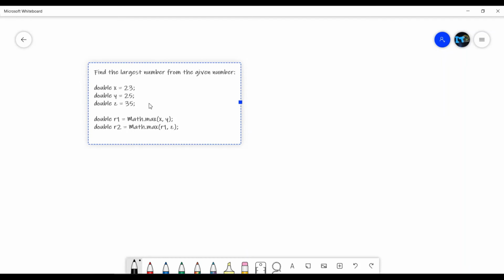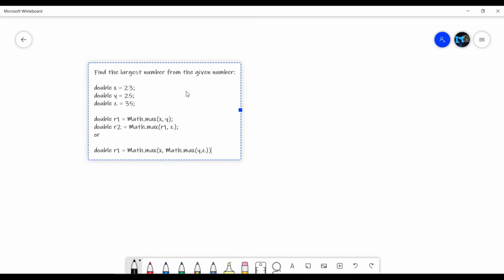If you see here, the alternative one, you have to nest the max method. Okay, how to do that? That is r1 is equal to Math.max of x comma, then in your second argument, instead of your x argument, again I am using the Math class here, that is Math.max of your second two arguments, that is y and z.